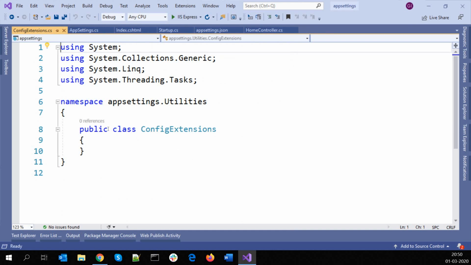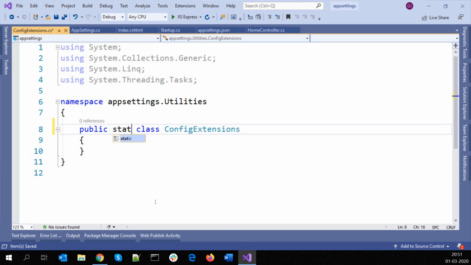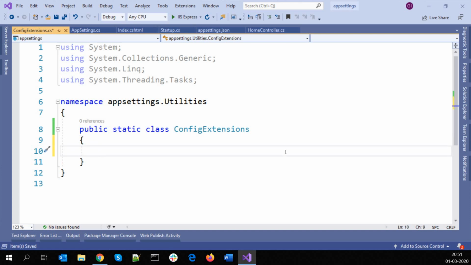So this is my class. To put an extension method, it should be static. Then I want to add a static method, public static void add configuration